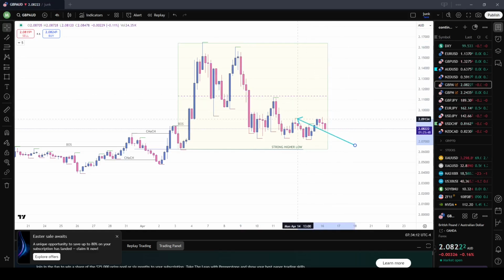Did tap into the liquidity sitting over this high of this range. Support is forming under this price action. This is the low of the range. It shouldn't be broken, and I would consider looking for any type of selling opportunities once it does that, if it does. But right now,